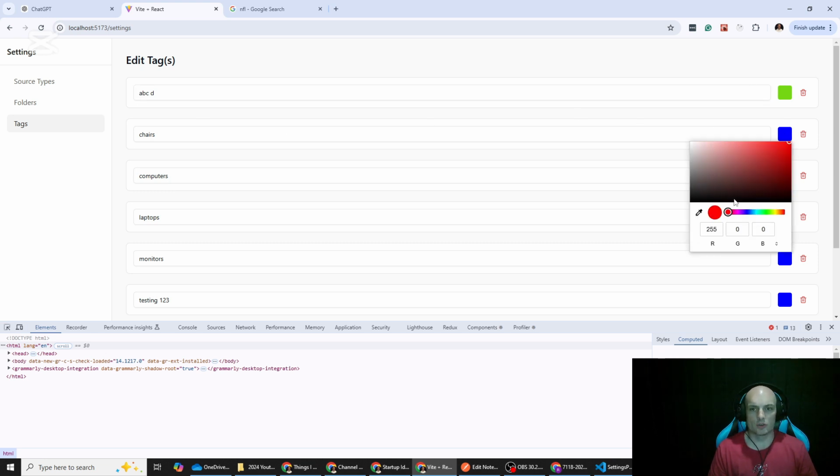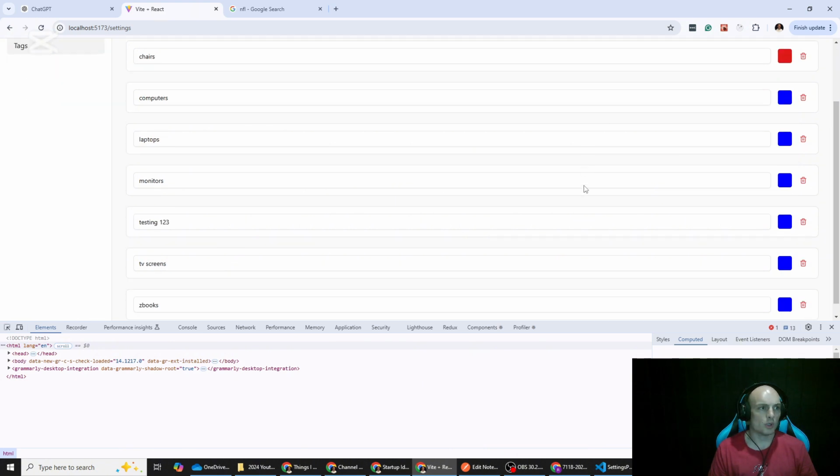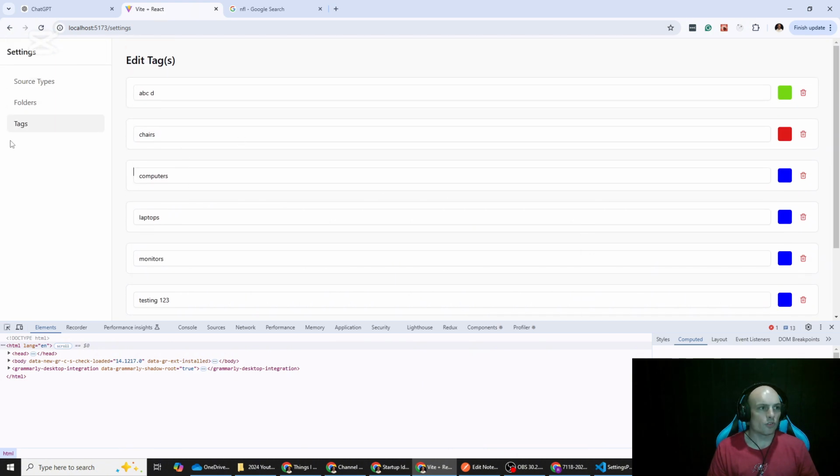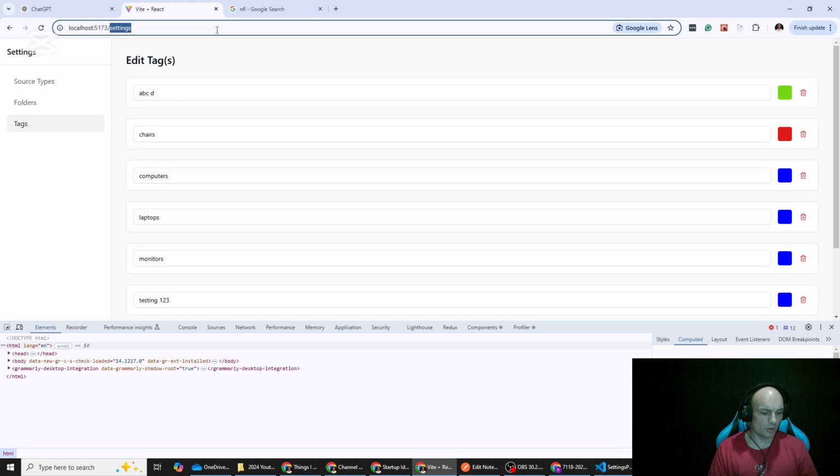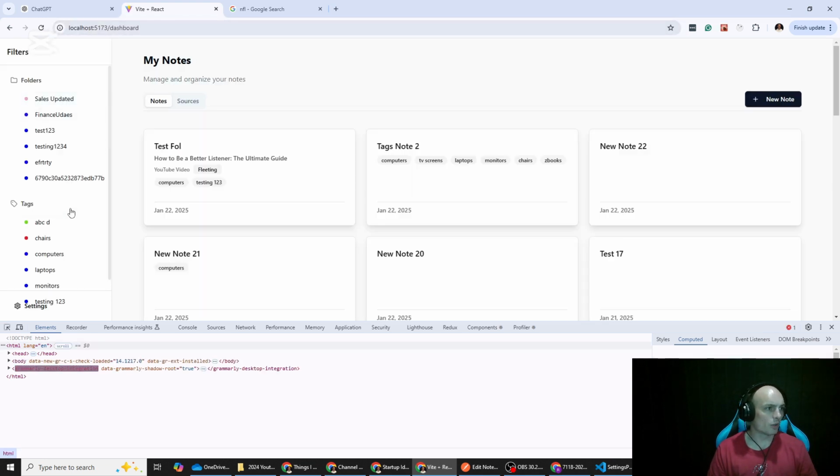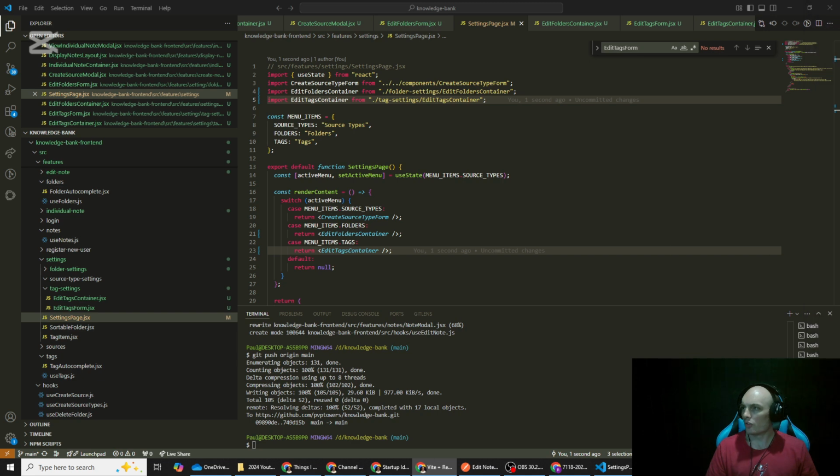Change the color. Red. Awesome. That's all working. Let's just check. Chairs is red on the front end. We don't have a back button yet, or a button to go back. Chairs went red. Okay, so that's the settings updated